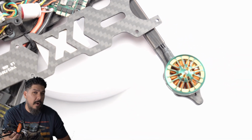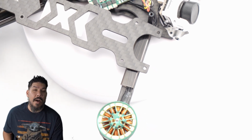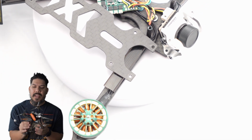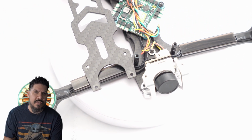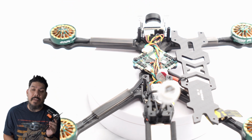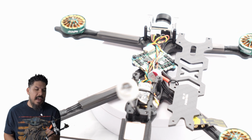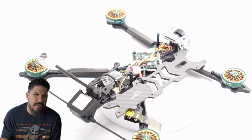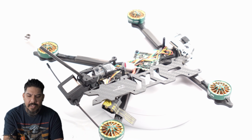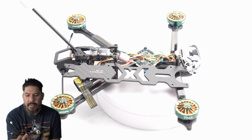The other reason why I was worried about it being underpowered is that all the builds that I've done, whether they be 4-inch or 5-inch, they all tend to come around the same weight. They've all been about 195 grams. Well, this, without the camera on here, is 225 grams. It's a little bit of a fat boy. So that 30-gram difference on a size class that is really under 200 grams is going to make a lot of difference. So I'm already starting to get conclusions in my head about how this is going to fly, and